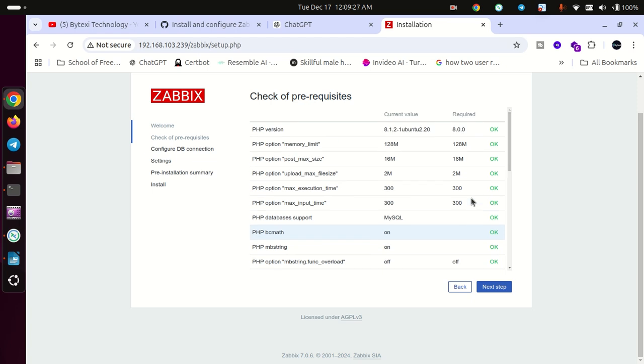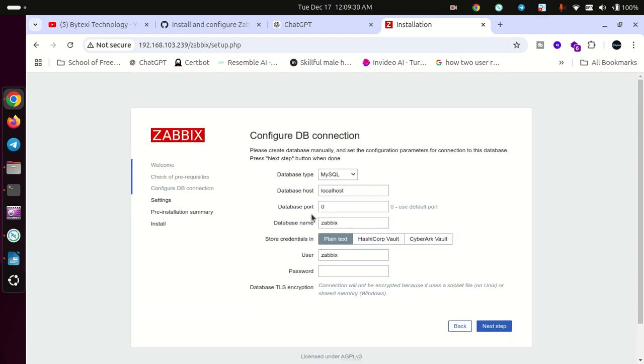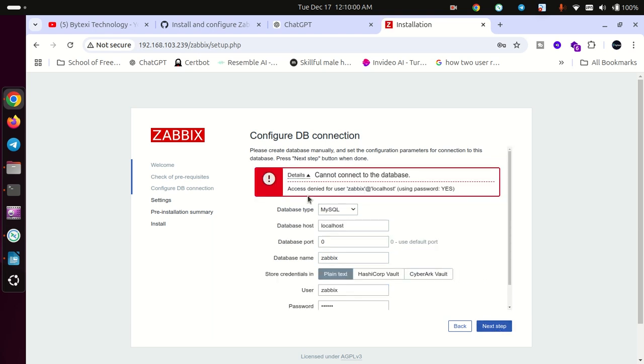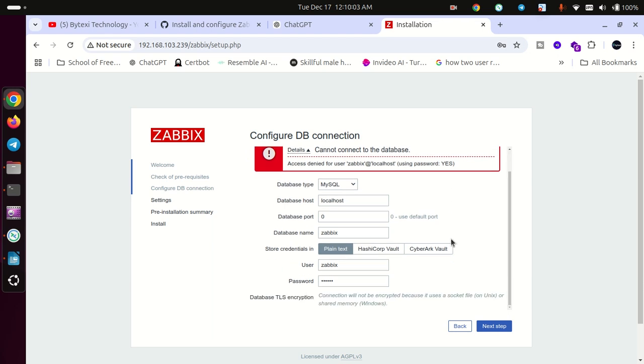Mandatory fields are all okay. Now next, database host localhost, port is 0, database name is Zabbix, username Zabbix, and password is what I set. You can choose your own. Okay, then next. Cannot connect, ah, using password. Okay, then next,